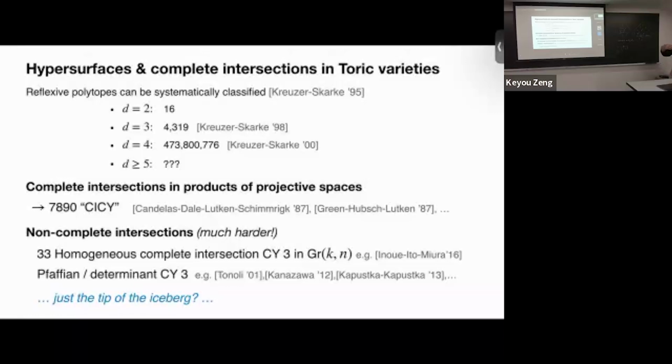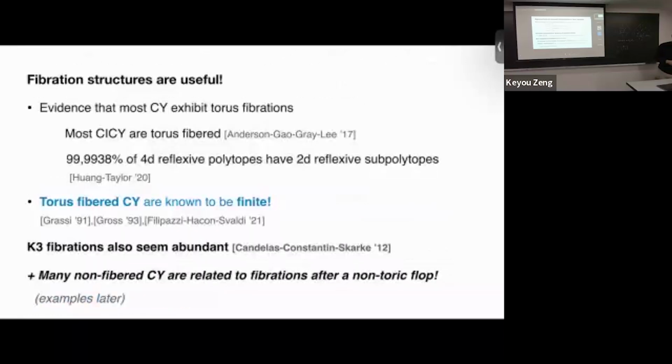So I would argue, I think most would agree with me, that what we're seeing is probably just the tip of the iceberg. We really don't have a sense of just how many Calabi-Yaus we're dealing with. Okay, so the perspective on a construction of Calabi-Yaus that I want to emphasize today is the notion of